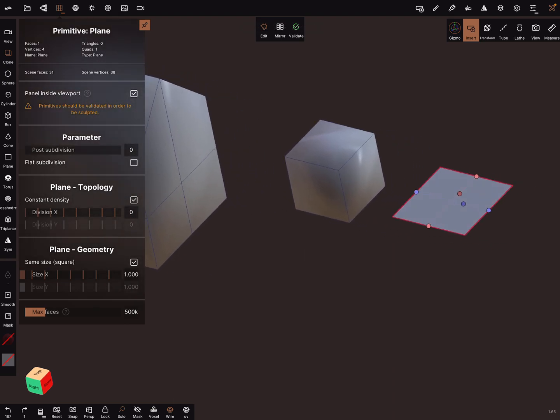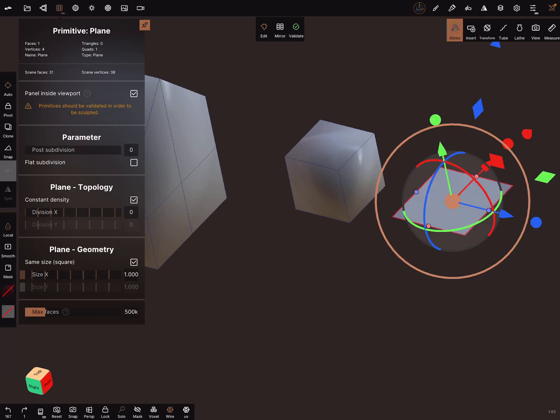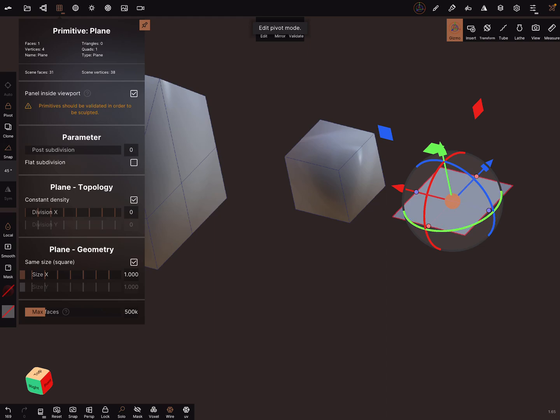To change this, activate the plane, and you have to do one time a change on the pivot, on your anchor point. At the left side there's a pivot function, and you can turn on the snap. 45 degrees or 90 degrees, it's okay. And now rotate the anchor point one time and leave the pivot function.